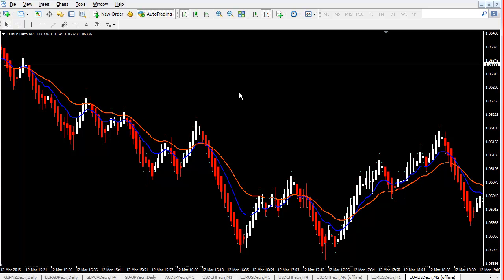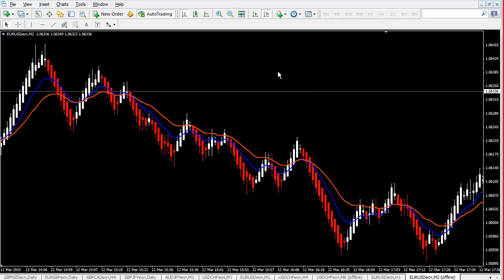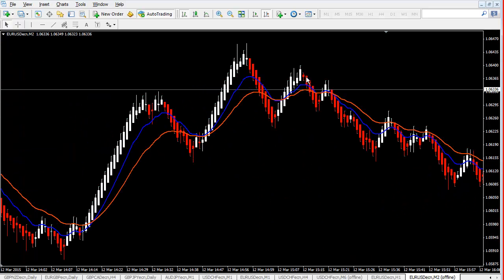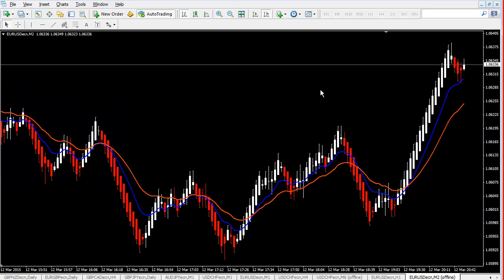Let me go back to this a little bit. Again, when we try to scalp, or use a combination of scalping and intraday trading, and use a setting like M2, what does it mean? 2 pips per candle. So you want to make sure you don't use a broker with a big spread,